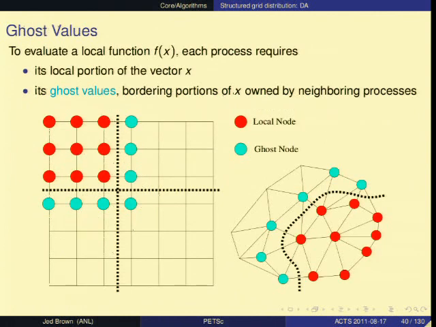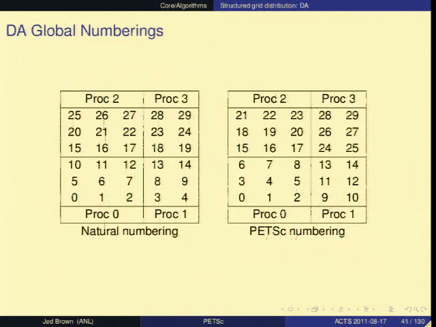So the basic idea here, we need to compute residuals on the region that we own. And in order to do that, we have this differencing with neighbors. And so you end up needing some fringe region here. You need to communicate these ghosts. It's the same kind of thing that occurs in unstructured methods. So we're going to communicate to what we call a local vector. The local vector is going to contain everything, including these ghost nodes. And then we'll go compute the solution inside.